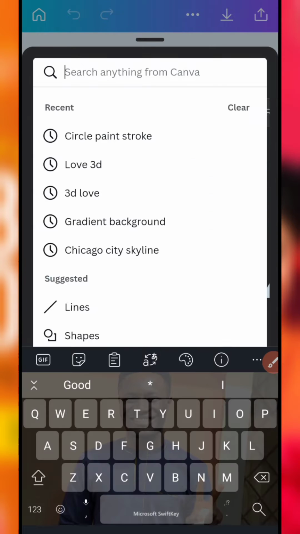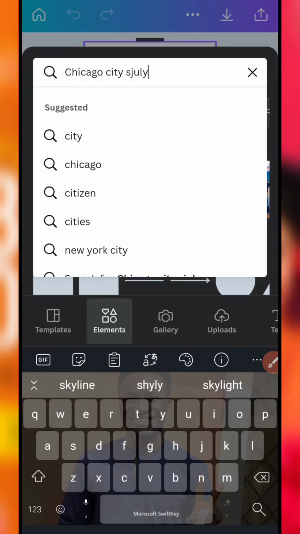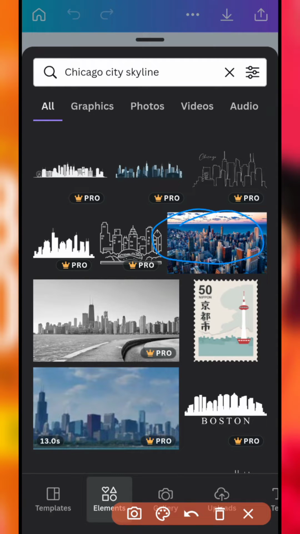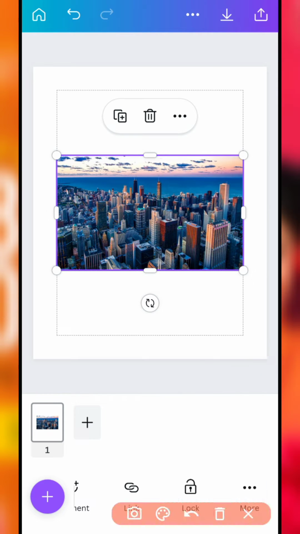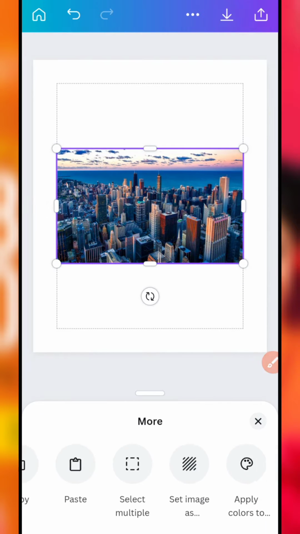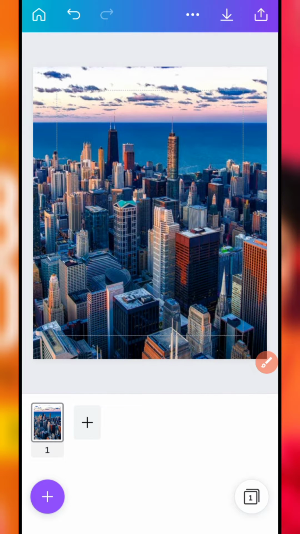Go ahead to element, and I want you to search for Chicago. Right, this is a city, an image in our background. Just search for Chicago city skyline. You're going to see this image here is a free image, so we can use it without Canva Pro. Select it. When the image is selected right there on your design, what I want you to do is to just come down here and scroll till you come to more. Click on more. More would open. All right, when more opens, click on set image as. So once you click on it, your image will be taken directly to the background. When that is done,